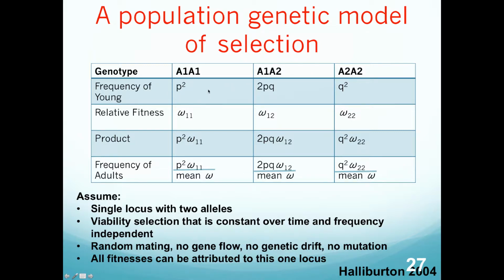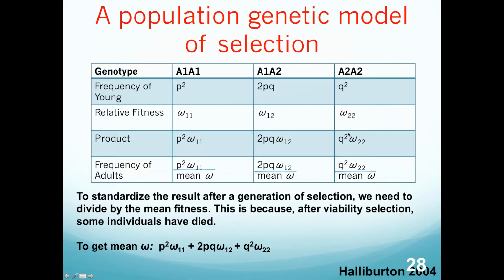So we start off with our Hardy-Weinberg frequencies. So we have 3 genotypes. Those genotypes are expected to be in the population at p squared, 2pq, and q squared frequencies. And then we just simply add in fitness into the model. So the fitness of A1A1 is omega 1,1, the fitness of A1A2 is omega 1,2, and the fitness of A2A2 is omega 2,2. And we simply can take the product of each of these,